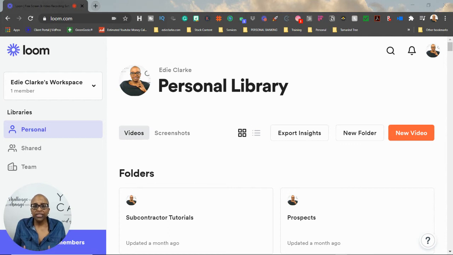You can use it for a wide variety of things, but I love it because it is a great video messaging tool. If I need to create a video and use it on social media, you can do that with Loom. There is really not a way that you cannot use this tool.